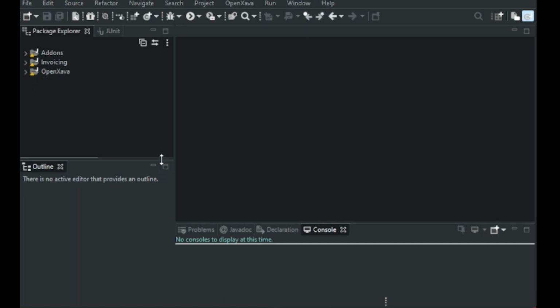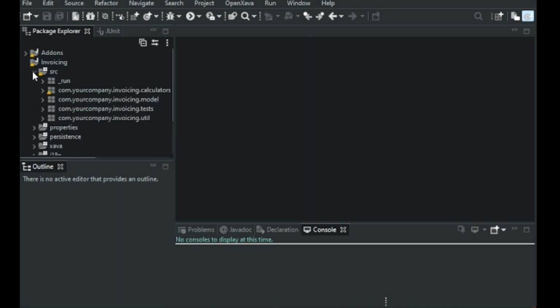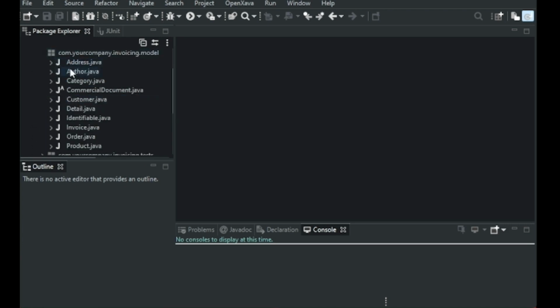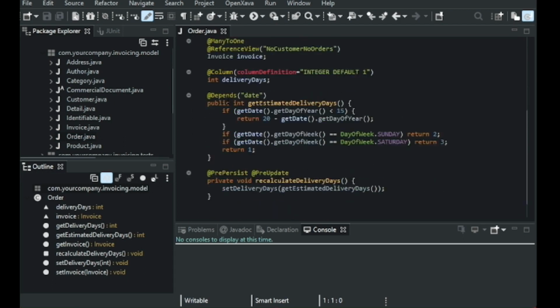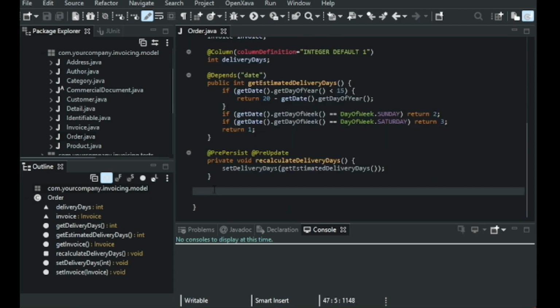So to do this, we open invoicing, we open src, and then we open the package com.yourcompany.invoicing.model, and then you open the class Order with a double click, and then you go to the bottom, and here you write the property boolean called delivered,